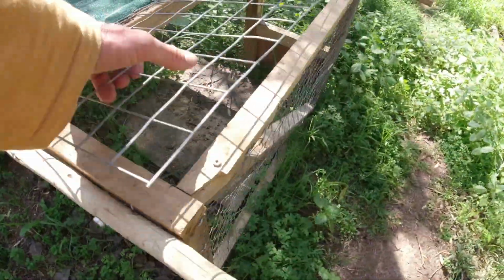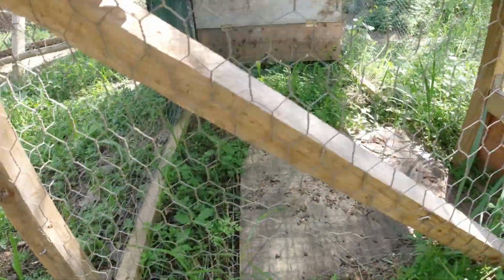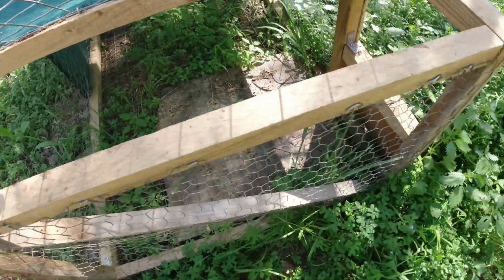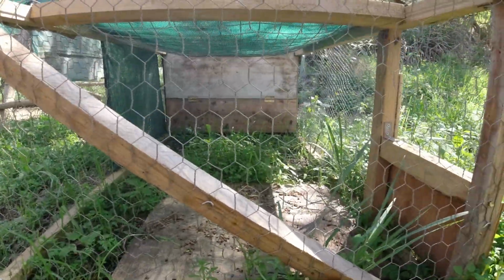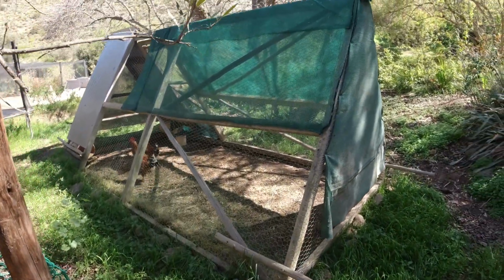And in the day they can run around in here, and they're completely safe. And you know, we'll put their water and their feed systems in here, and generally we keep this close to the house so we can monitor it, and it's easy to move around. And then when they're big enough, they will go into this big tractor,